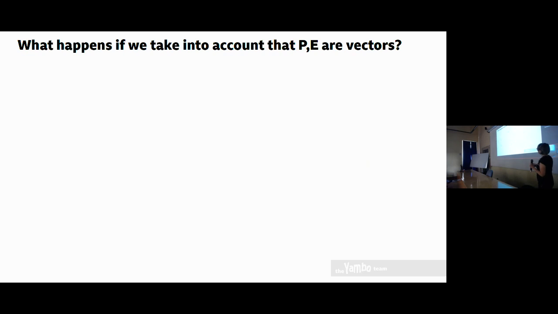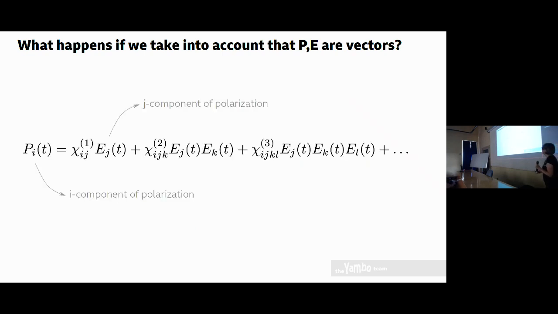Okay, so I had made some assumptions, just to not be too scary, just to have a first definition. But now let's look back at all these assumptions. One of the simplifications I made is that P and E were scalars. Of course, they are vectors. So if we consider the vector nature of the polarization and of the field,